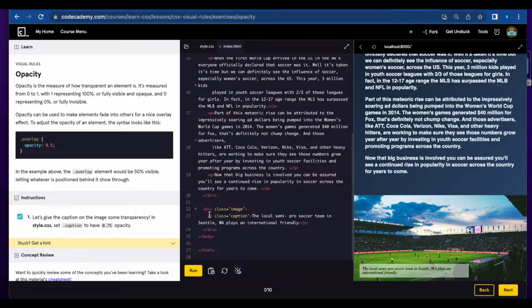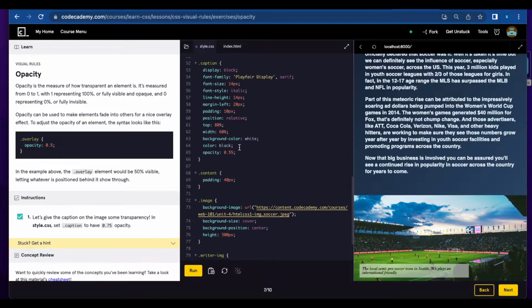So in their example, they have here a paragraph with the class caption, which says the local semi-pro soccer team is Seattle, Washington plays an international friendly. This is on HTML. And if you go on style CSS and look for the class caption, so that would be dot caption, you can find here opacity